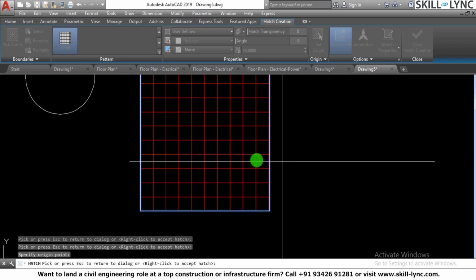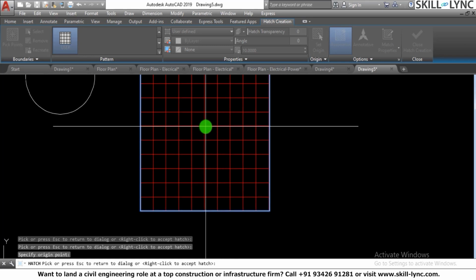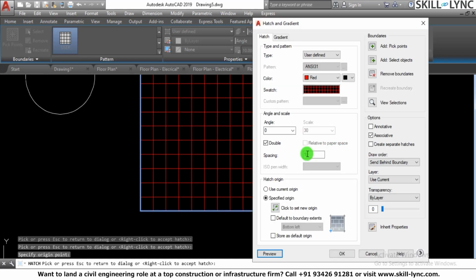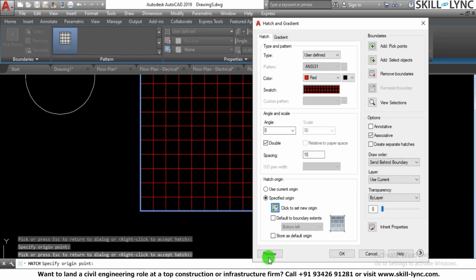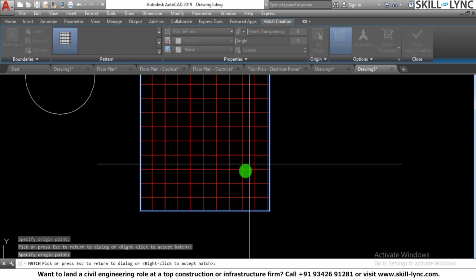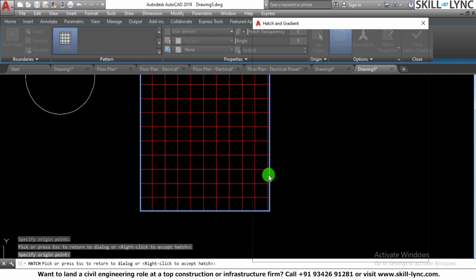If I put the hatch pattern at the center, there will be times when I put it in the center. So you can see how it changes from the center. We'll be having a case study of that. So apart from that,